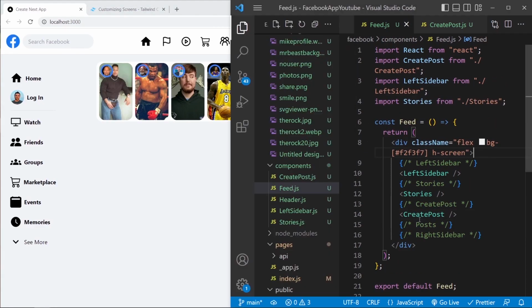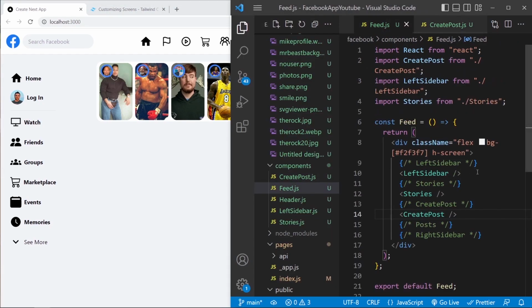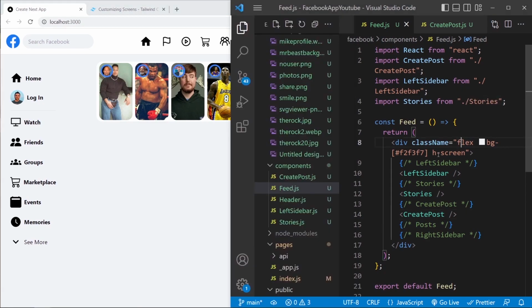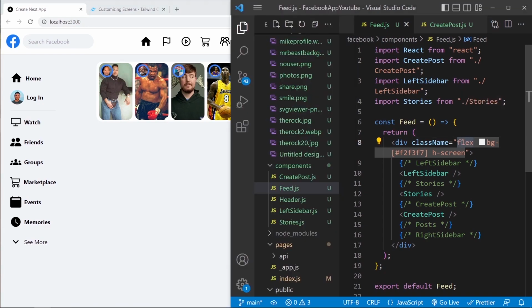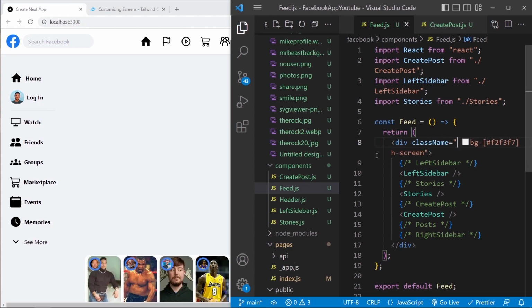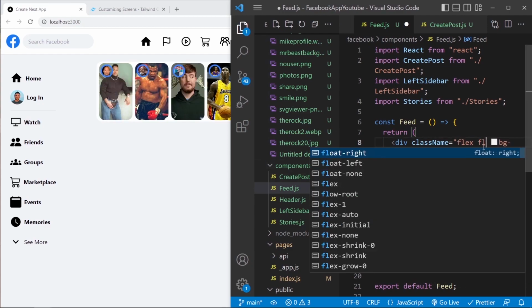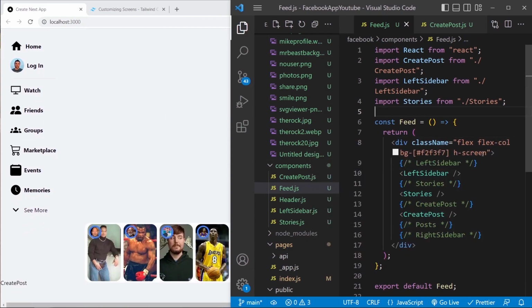Let's wait a little bit, save this, and where is it? Here. So in the feed we've said flex, but it's still okay. To this feed we don't want flex for the feed. Oh, we do. So flex and flex column, and we don't want the height to be screen. Okay,